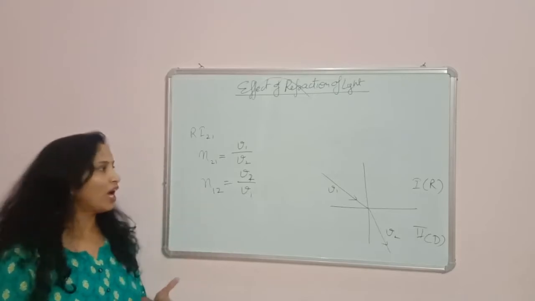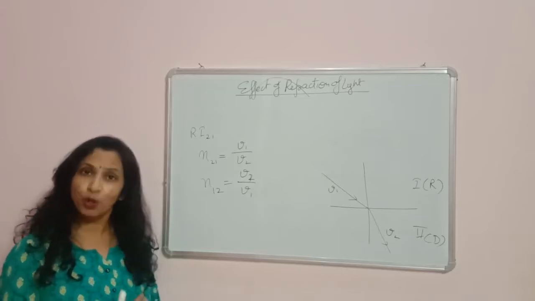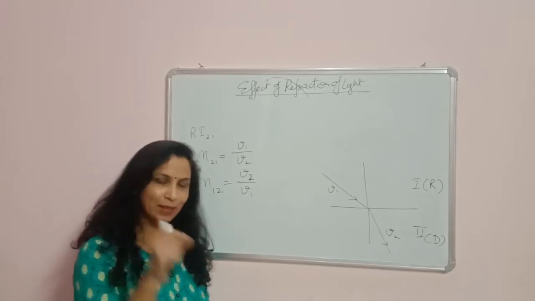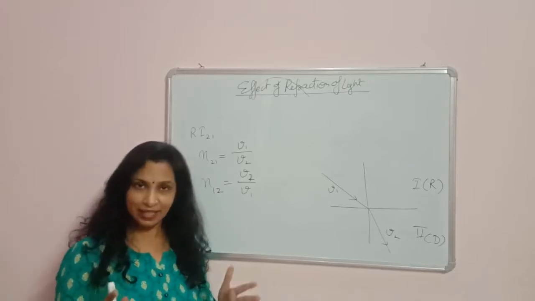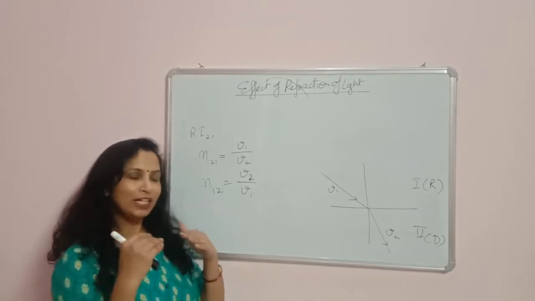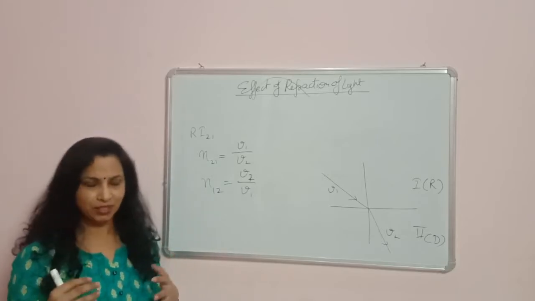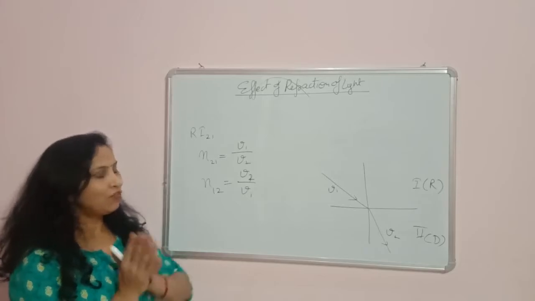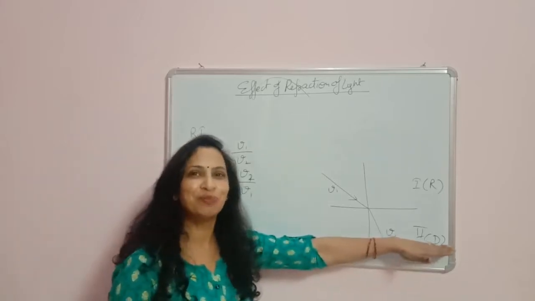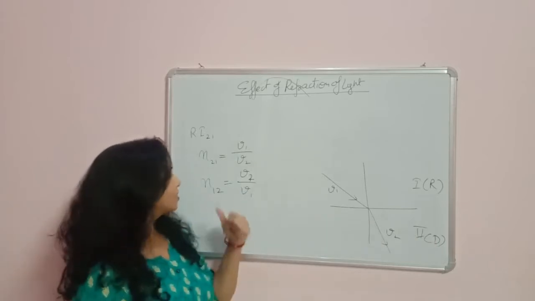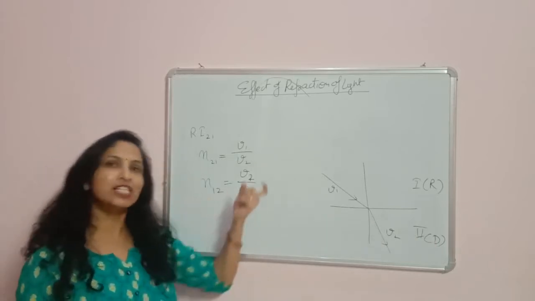So now we have two relations, formulas for finding the refractive index. The first one is refractive index equal to sin i upon sin r. Again, it is important that in the denominator you put the value of the angle of which medium; if you want to find the refractive index of medium 2, you will put the sine of this angle in the denominator. And similarly, the refractive index is also related with the speed of light.